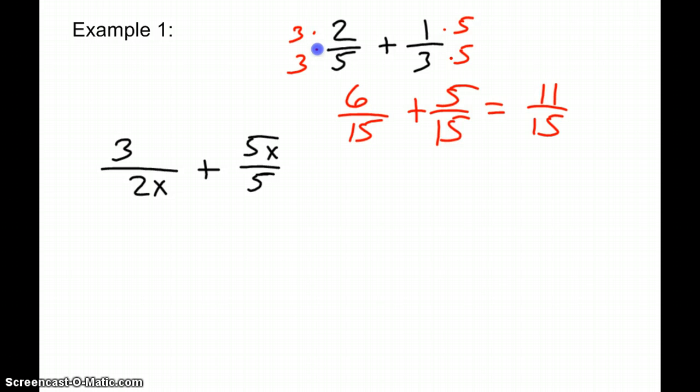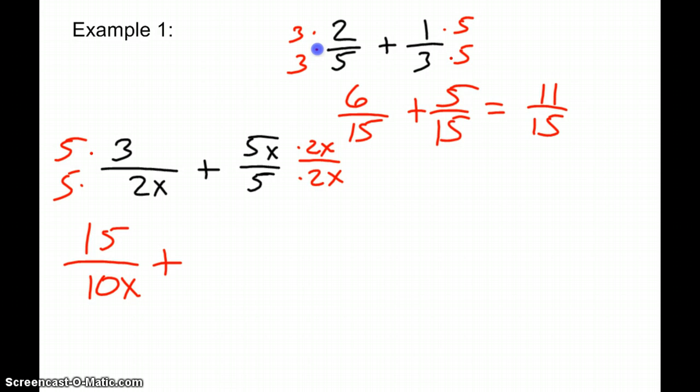Well, we're going to use that as a guide problem to look at 3 over 2x plus 5x over 5. We can always use that method for finding a common denominator. I can always multiply by the opposite denominator in order to make the denominators be the same. So I'm going to multiply this fraction by 5 over 5, and I'm going to multiply this fraction by 2x over 2x, because that's the denominator of my opposite fraction. So when I multiply those together, I get 15 over 10x